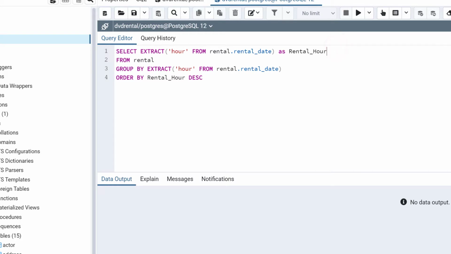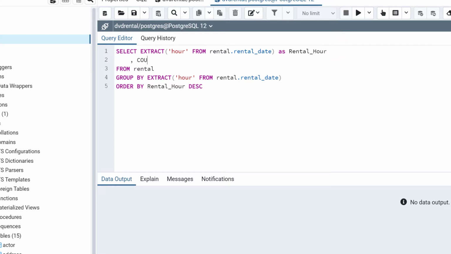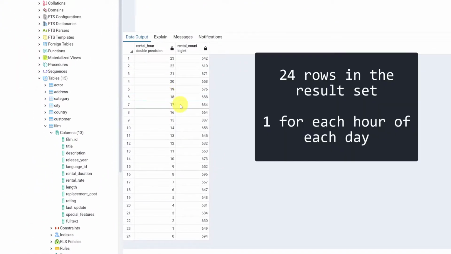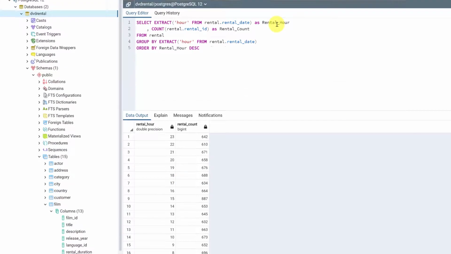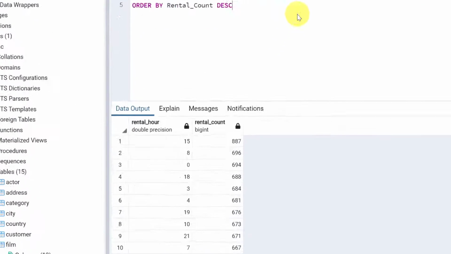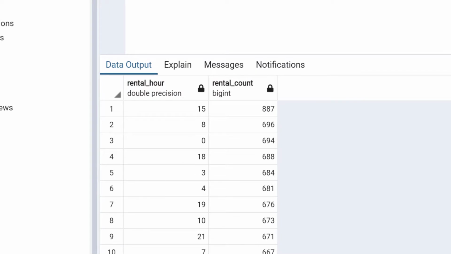Then we'll come back to our select clause, add a new line and a comma, and we'll say COUNT(rental.rental_id) AS rental_count. Run that query, and you should get the number of rentals taking place within each hour of the day. We can then perhaps take the rental count and put that in our order by clause to see which hours definitely have the most rentals taking place. And it turns out that the 15th hour of the day, 3 o'clock, is the most popular hour